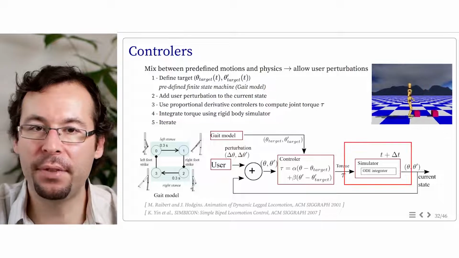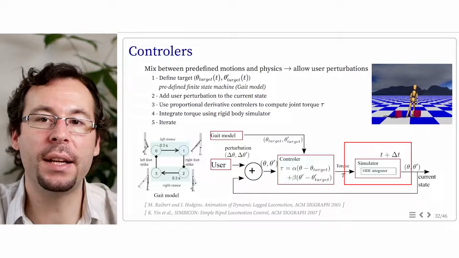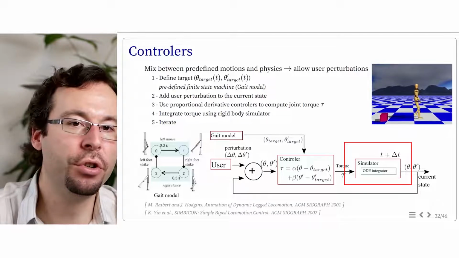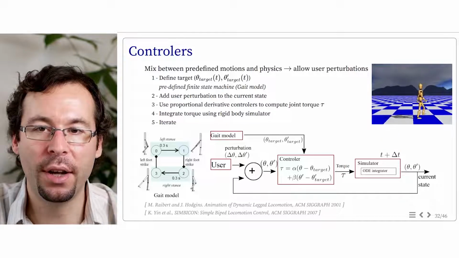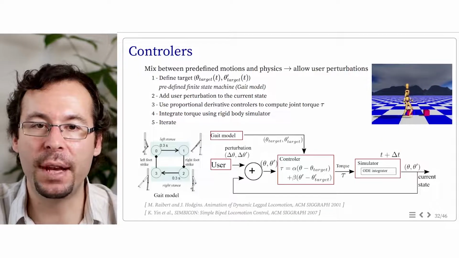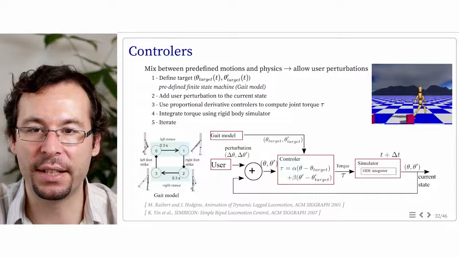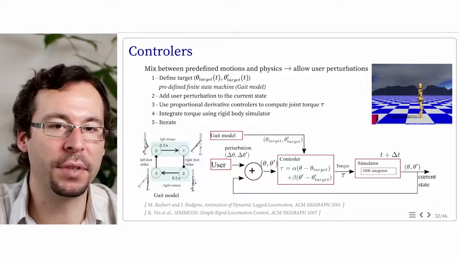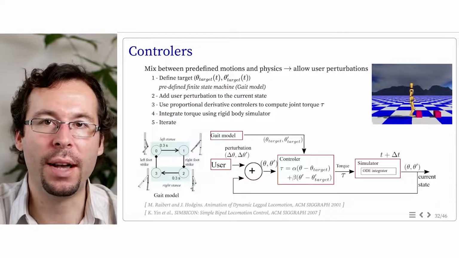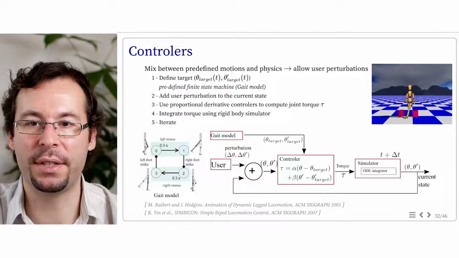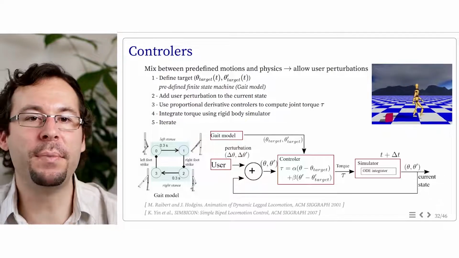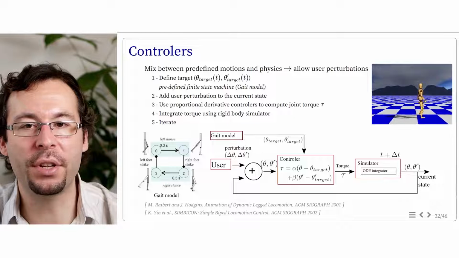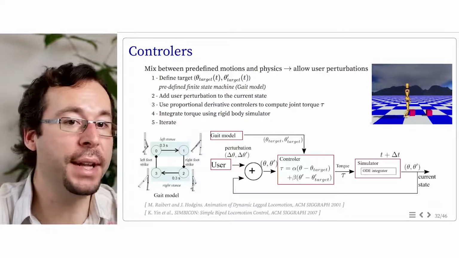Then the next step is to feed this torque to a physically based simulation, which is usually a rigid body simulator, that will integrate the pose of the model from time t to time t plus delta t, taking into account the gravity and the torque from the controller, as well as external constraints. The output of the simulation is a new set of orientation and velocity of the joints at the next time